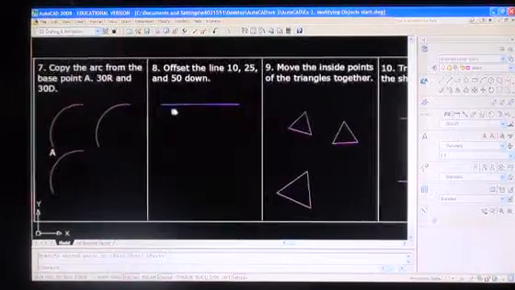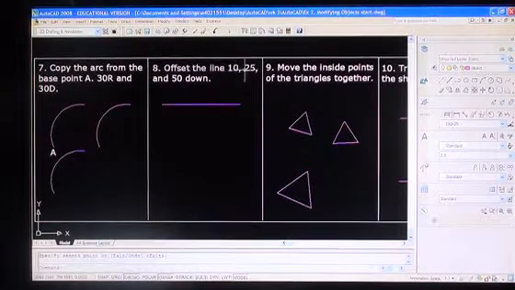Number 8, offset the line 10, 25 and 50 down. Now an offset is just creating that same object again on its parallel. I want to parallel that guy at 10 mils, then again at 25 mils, then again at 50 mils. I'm going to choose the offset command,